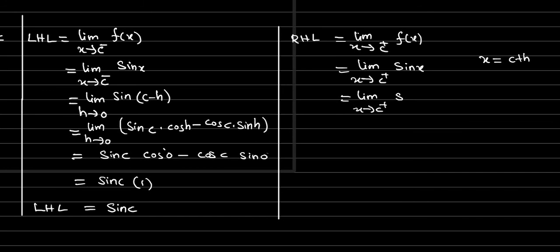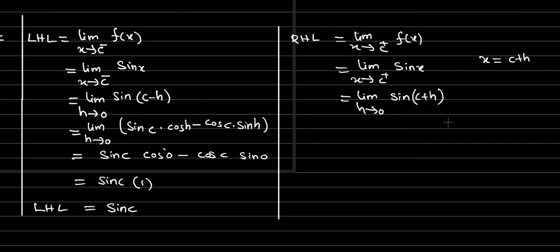When we are changing the function x, the limit also we need to change, right? So what happens here? It becomes c plus h, and here sin(c plus h). Sorry, I didn't change it properly. One second. Limit h approaching 0, sin(c plus h). Okay, now in terms of h itself we changed. When we are converting the function in terms of another variable, the limit also we need to change.